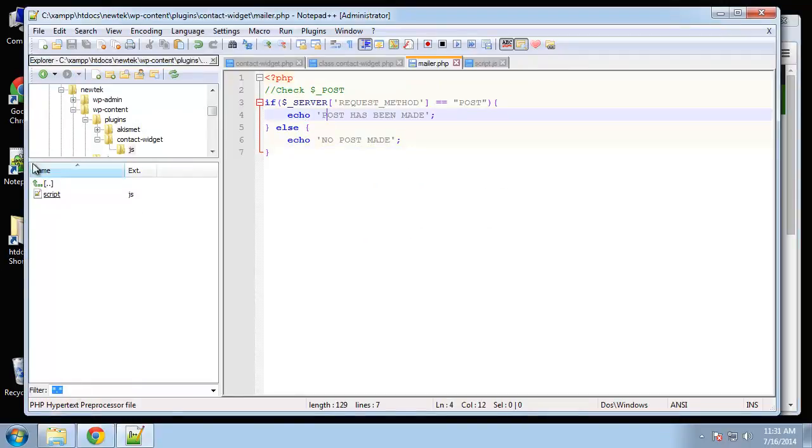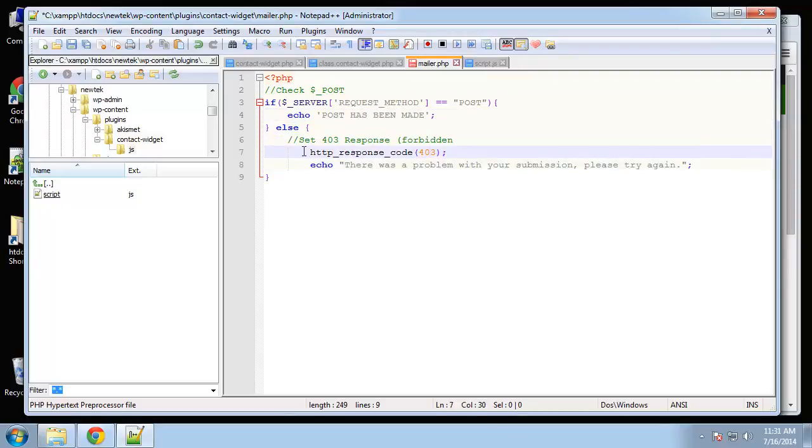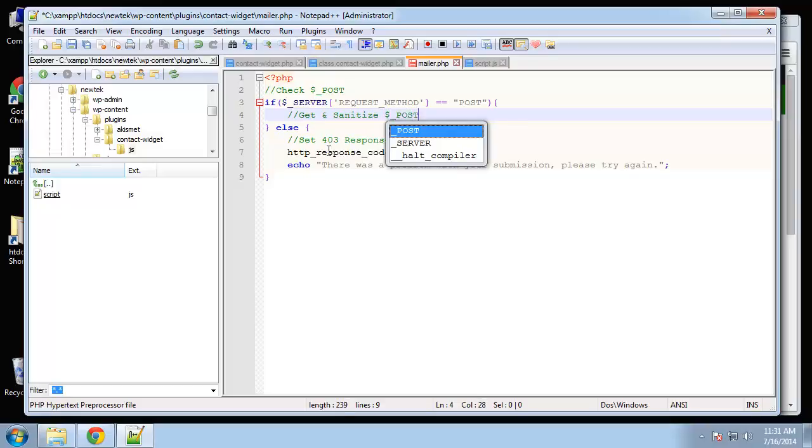Alright, so this if statement is working, except that if a post isn't made, I'm not just going to echo out no post made. What we're going to do is basically send a forbidden response. Okay, so people can't access this file without making a post. Alright, put that there. So if a post has been made, then let's go ahead and get and sanitize post